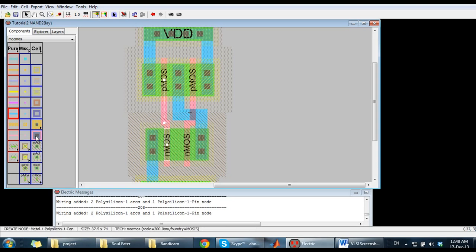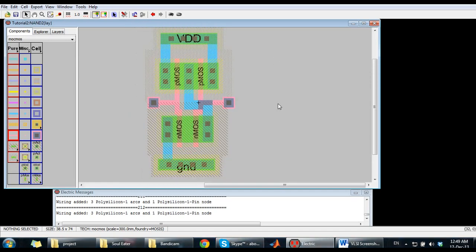The next step is that we need to put the gates and another gate. You highlight the polysilicon, you connect it to the gate. Same thing goes for the other gate. And I think we're almost done. Yes, so need to place this one here